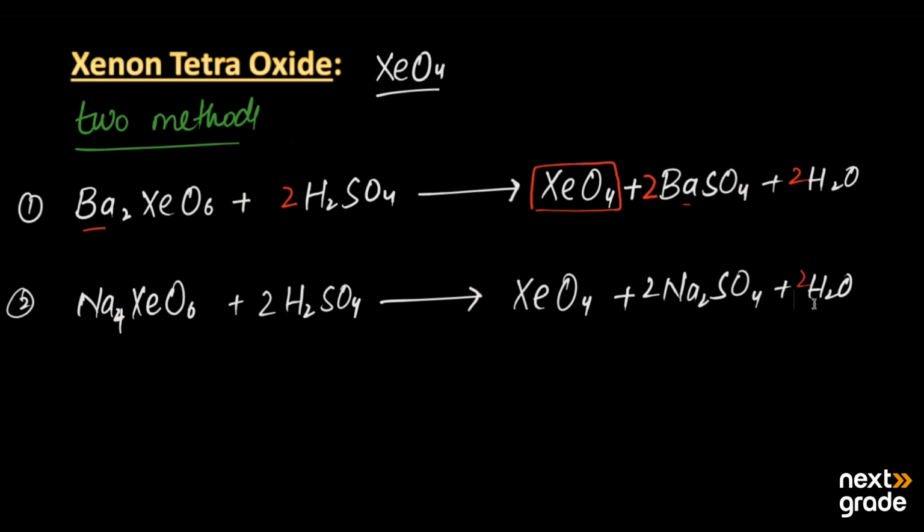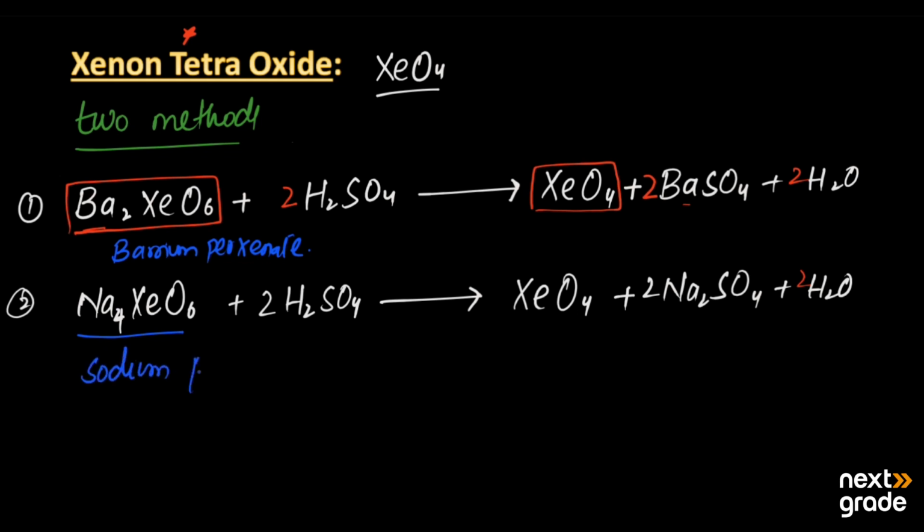This is also the main oxide of xenon. Now the name of the compound Ba2XeO6 is barium perxenate. On the other hand, here we have Na4XeO6, which is known as sodium perxenate. These are basically the two salts of xenon that react with sulfuric acid and